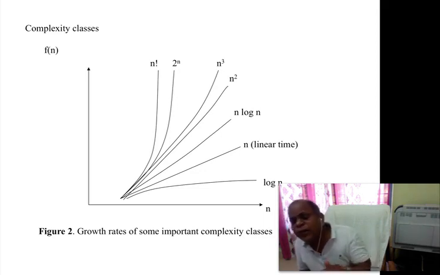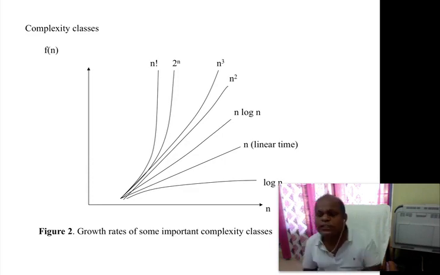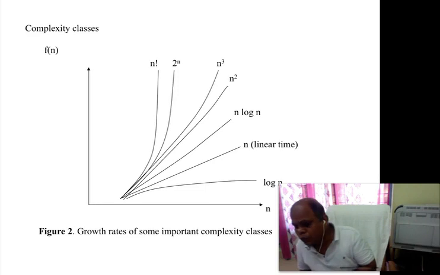The growth of log n is less than the growth of n, which is linear time. Growth of n is less than the growth of n log n. Growth of n log n is less than growth of n square. Growth of n square is less than the growth of n cube. Growth of n cube is less than growth of 2 to the power n, and growth of 2 to the power n is less than growth of n factorial. That means n factorial gives an upper bound to